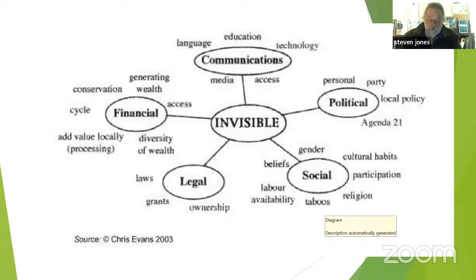Well, we're also reminded by Chris Evans that sometimes the things holding us back are invisible. And maybe addressing the visible limitations is one set of things. Okay, we haven't got enough water, let's put a water butt in. But maybe there are invisible factors that are holding us back. And I think often it's those that we perhaps forget to address. And sometimes those are the things we need to invest our energies into, the things that are enabling the system to form itself. What's holding us back? Is it